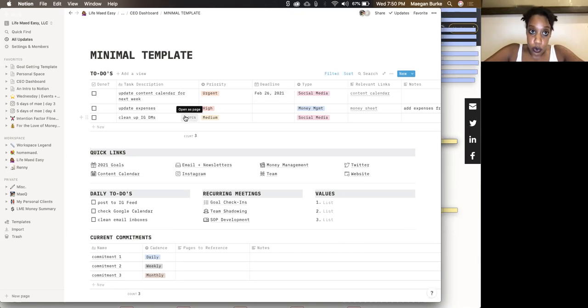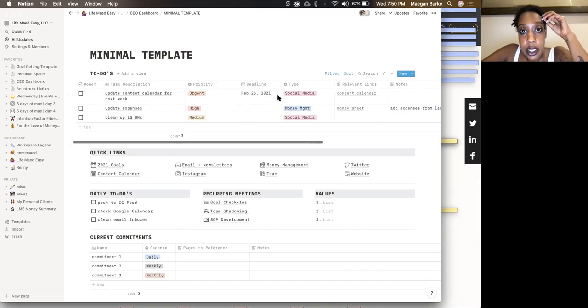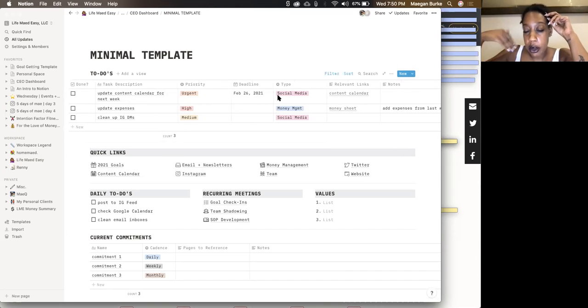Because it's a link to its own page. Priority, deadline, if you need it. One thing I've learned, again, I'll show you mine later. It's called